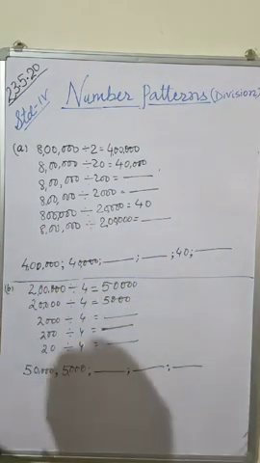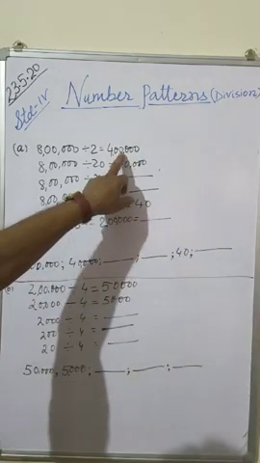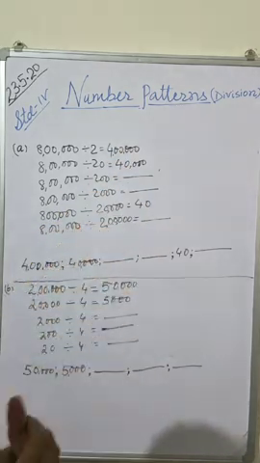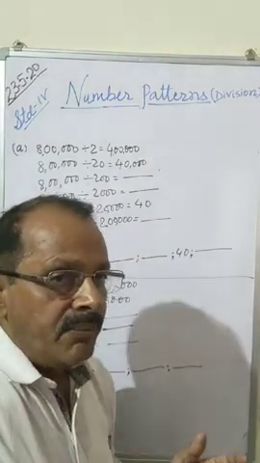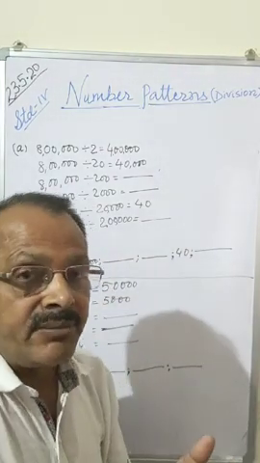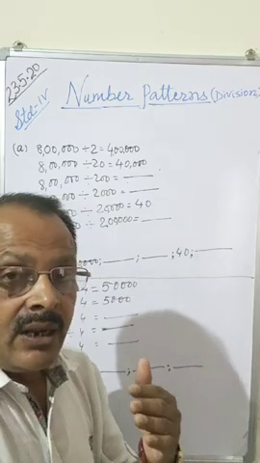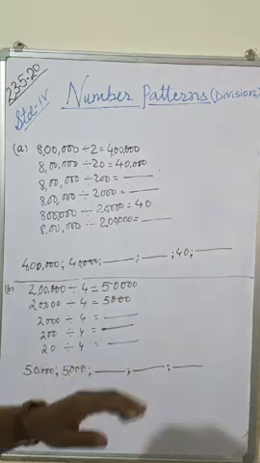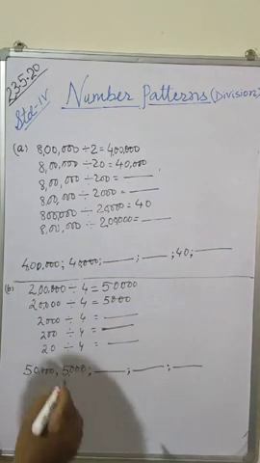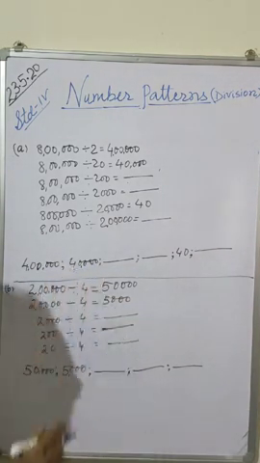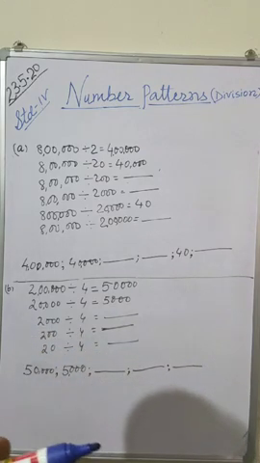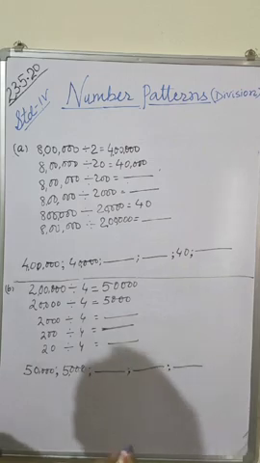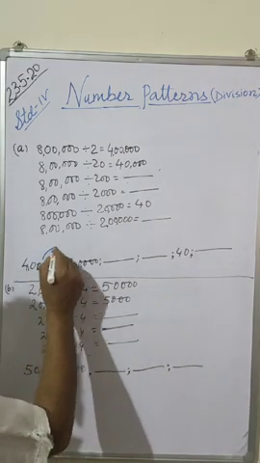Clear? Now see children, here is 4 lakh, here is 40,000. Quotient is decreasing, no doubt. But how many times decreasing? Because this is number patterns of division. So how many times decreasing? So I think what is difference between this and this? Only of 1 0. So 1 0 means difference 10. So this is decreasing 10 times,